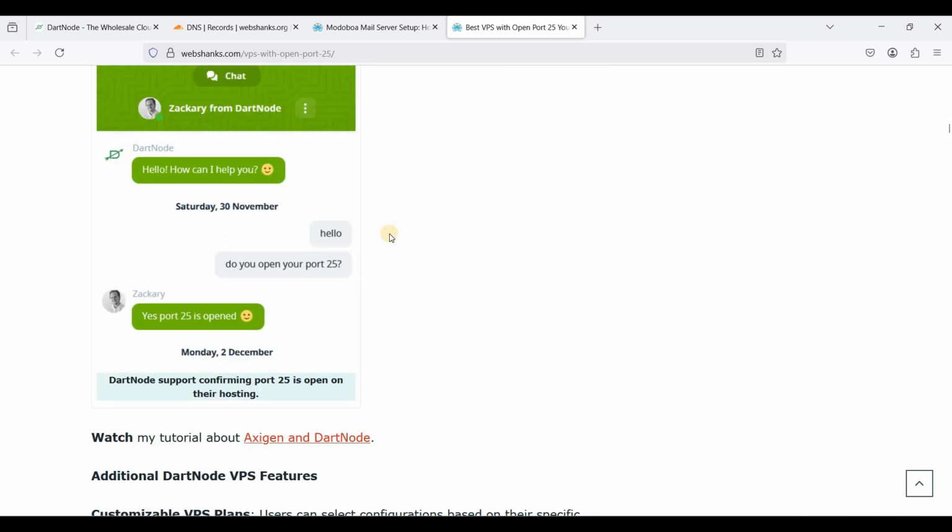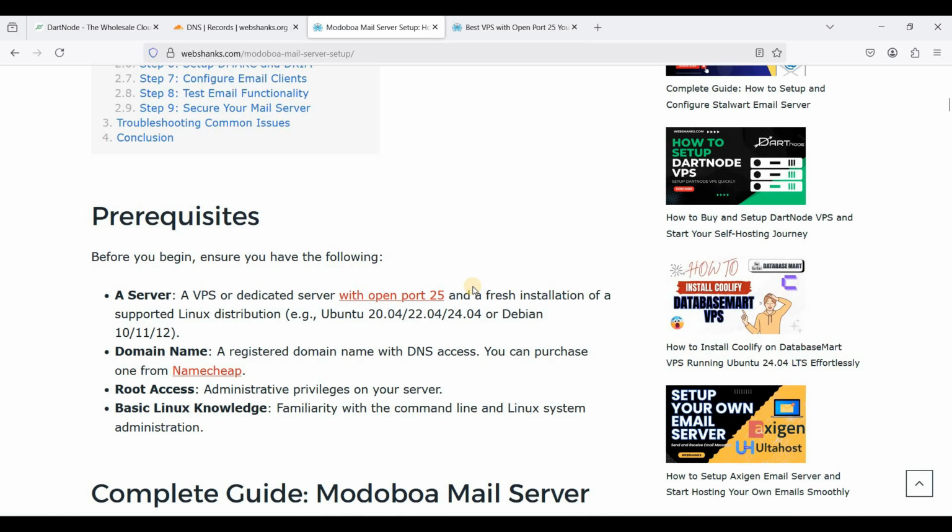Hostwinds, for instance, has 200 emails per hour. Contabo has 25 emails per minute, and Hostinger has only 5 emails per minute. That is outbound. In this tutorial, we will be using DartNode,